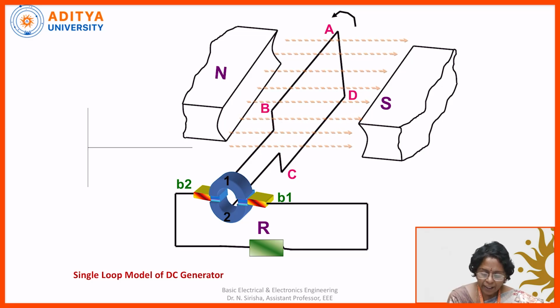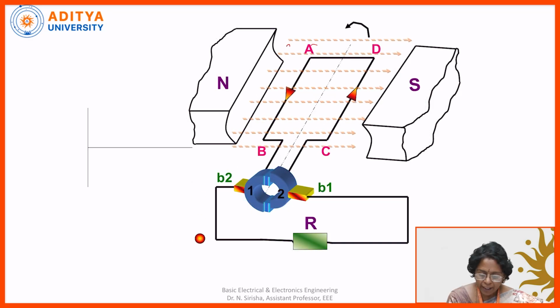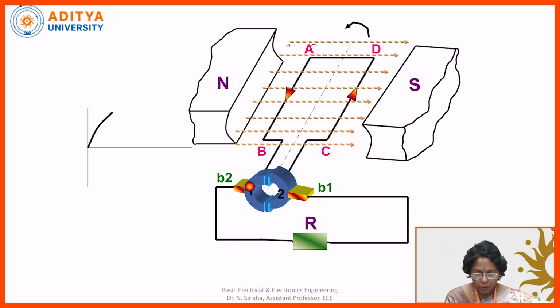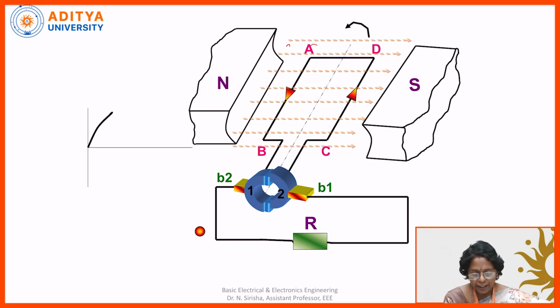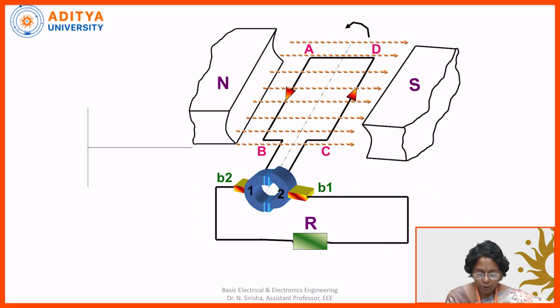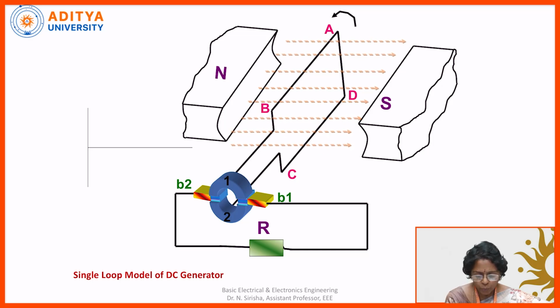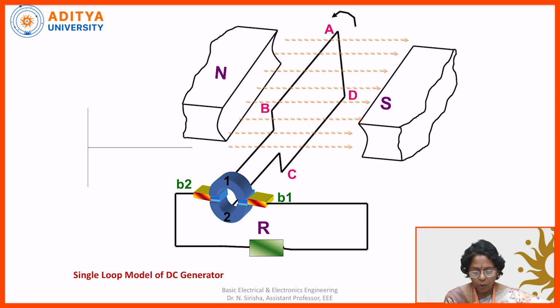Right. Here, see, the ABCD is a rectangular loop coil which is taken and it is placed in the magnetic field. See the lines of force here. These are the magnetic lines of force from north pole to the south pole. See the position of the rectangular coil here. When the coil is placed in this position, the magnetic flux is parallel to the rectangular coil. So, here no EMF will be induced in the conductor. Here, when the coil is placed in this way, AB and CD, all the magnetic flux is parallel to the rectangular coil. So, this rectangular coil doesn't cut the magnetic flux. Therefore, EMF induced will be 0 at this instant.